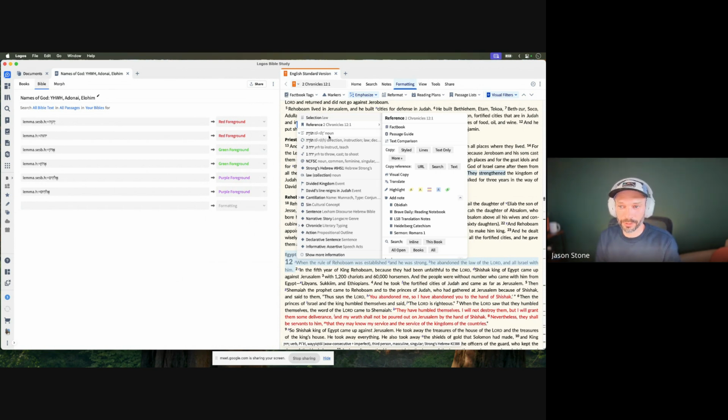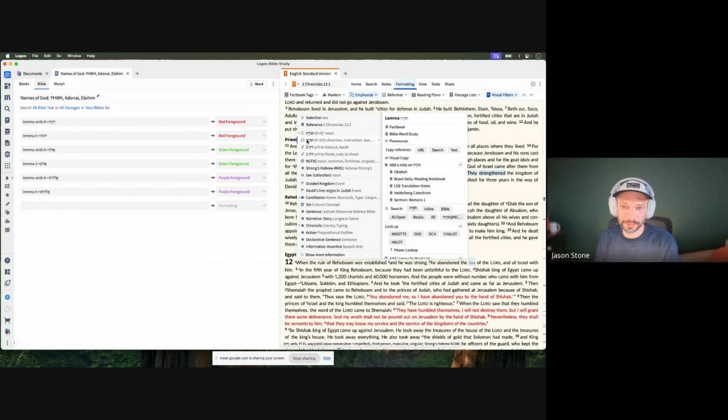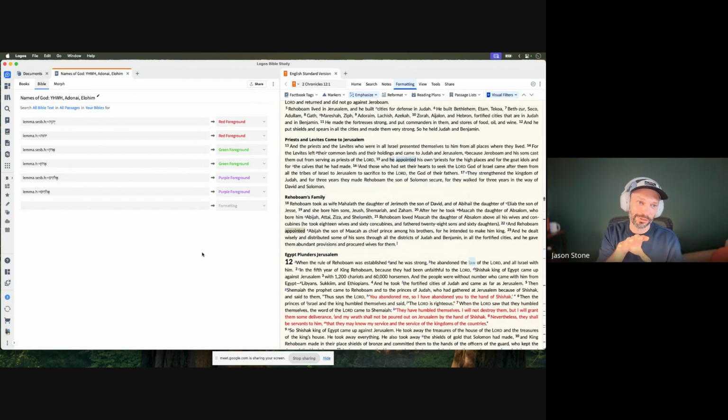What at least we found by trial and error was to come over here and select the Hebrew Bible word study, and then find the lemma form of it that's right here, and then copy the actual lemma form and paste that into the visual filter. So when you're using your visual filter, you're not searching the English, you're searching, in this case, the Hebrew Elohim, and you're using the lemma to create that purple foreground. Does that make sense? Yep. Yeah. So that's what I mean.